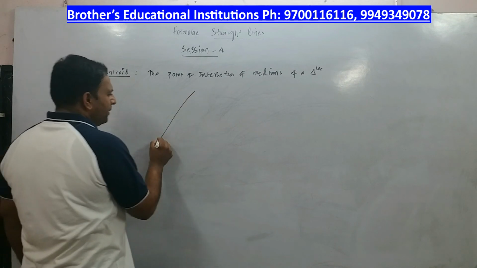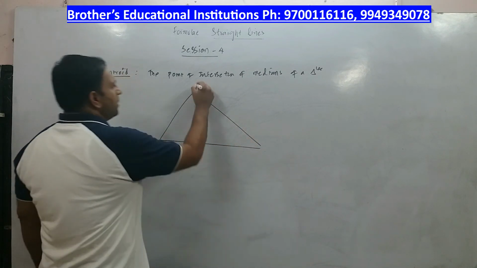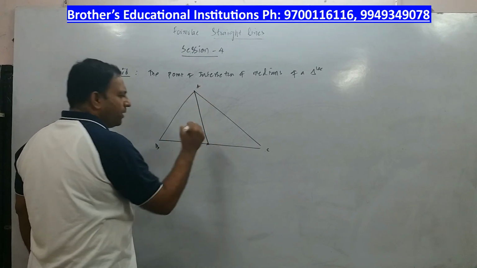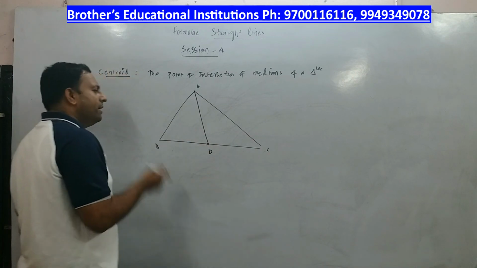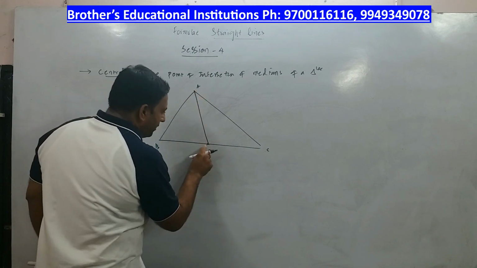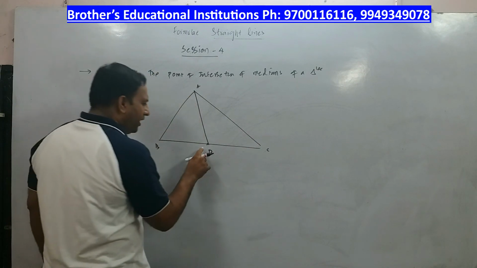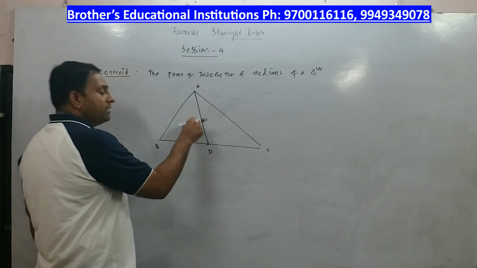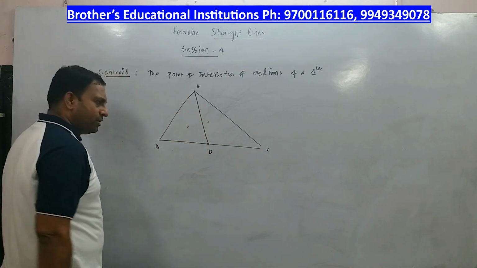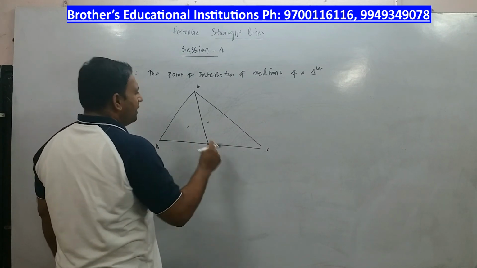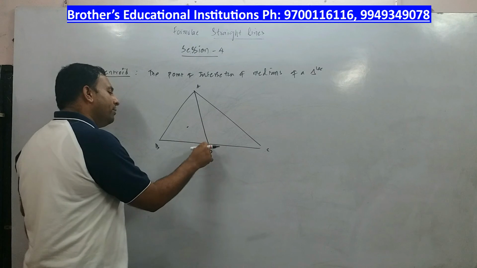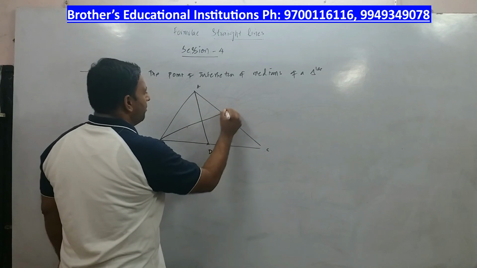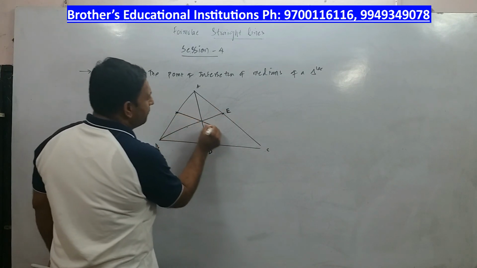Now what do you mean by median? Let me make you understand. Suppose I have a triangle ABC. Now they have this point D as midpoint and I join with this vertex. Then AD is my median. So how do I define? Median is a line joining the midpoint of one side to the opposite vertex. This is the technically correct definition. Another definition is a median is a line which will divide the triangle into two equal areas. So this is also a very good definition, right? But for us what is required is median is a line joining the midpoint of one side to the opposite vertex.